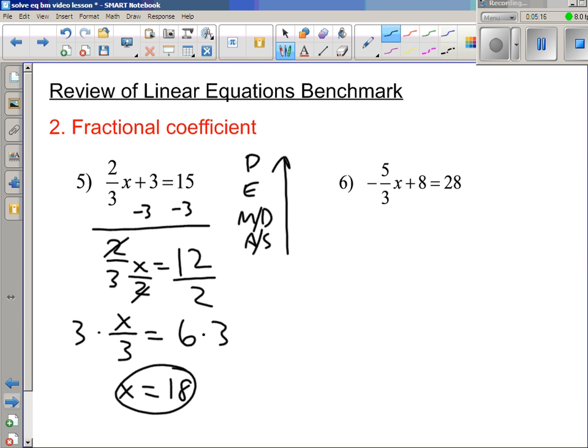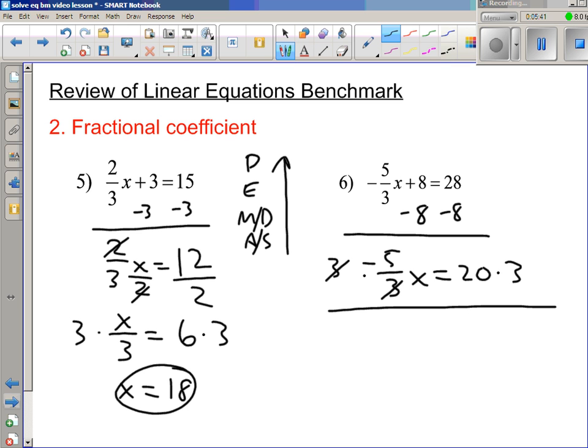All right, hopefully you got your answer. I will do this in the other order. I'll do the minus 8, but when I undo the multiplication division, I'll undo the division first to show you that it doesn't really matter the order. So I get a negative 5/3 x equals 20. Now I'm going to multiply by a 3 first, so I'll multiply by 3. I could divide by negative 5 either way. This gives me negative 5x equals 60. And now I'm going to divide by negative 5 and get x equals